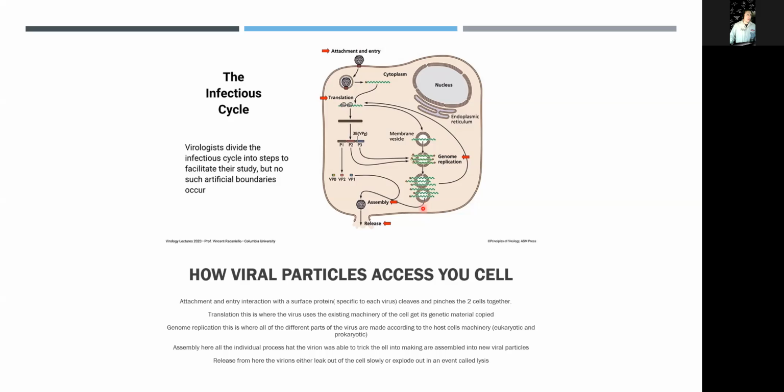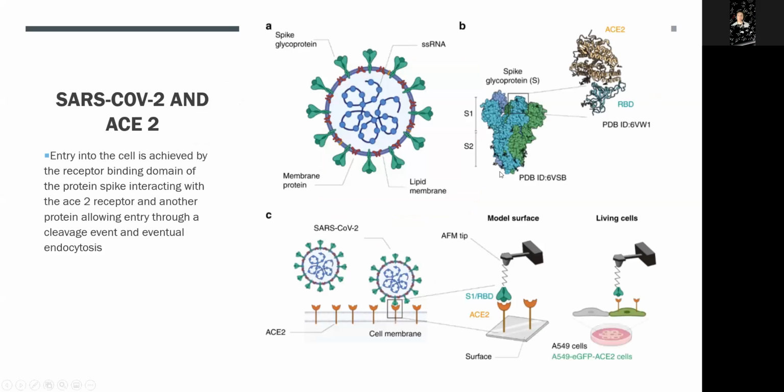And then from there, we go to assembly. Assembly is where it's put together into what's called a virion. And that's the viral particle that's eventually released from the cell. And once it's released, that's bad because, of course, it can infect either other cells that are nearby or other hosts, which is optimally what it wants to do, and which is what the SARS-CoV-2 virus is really good